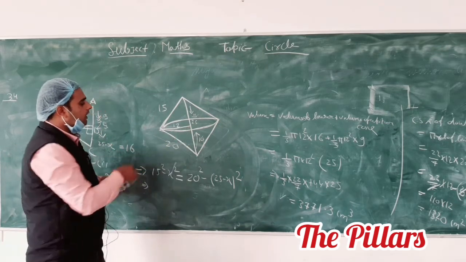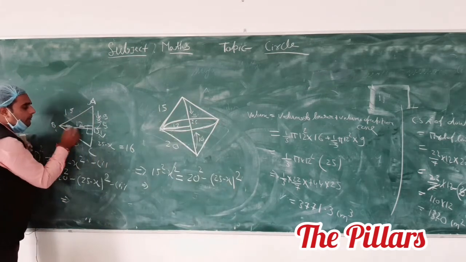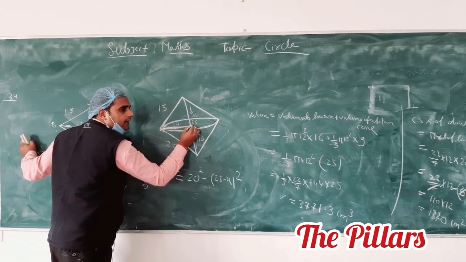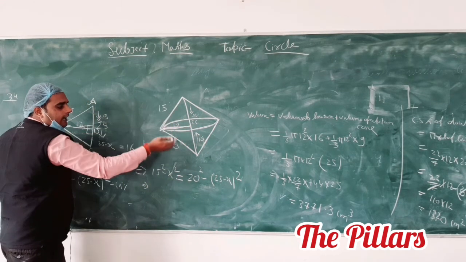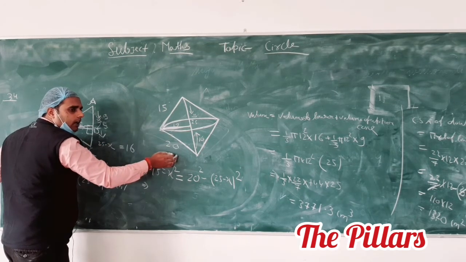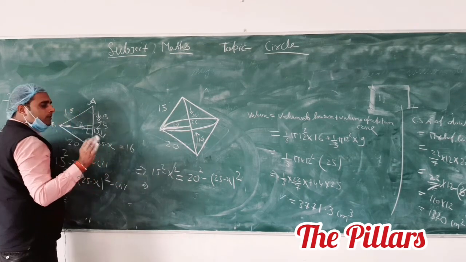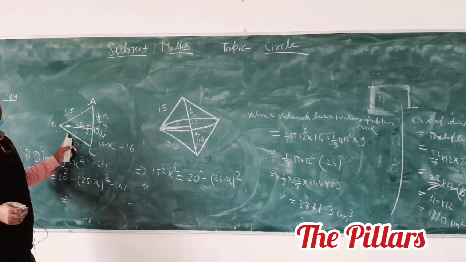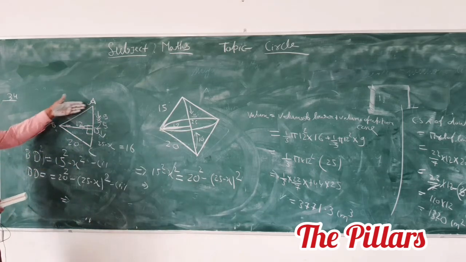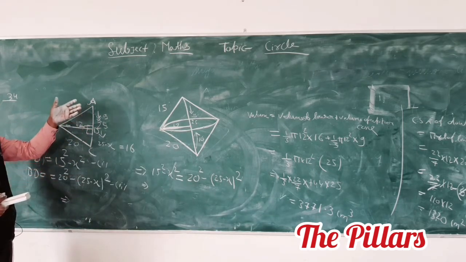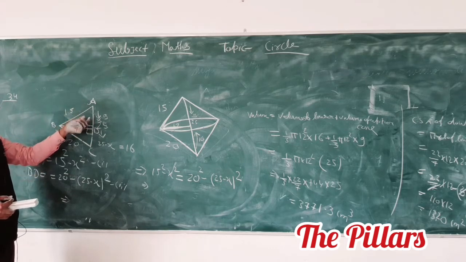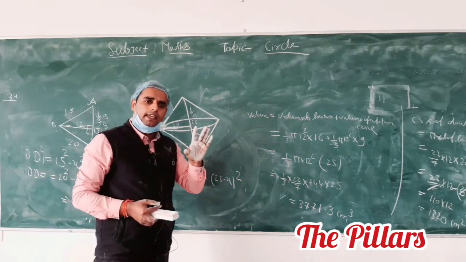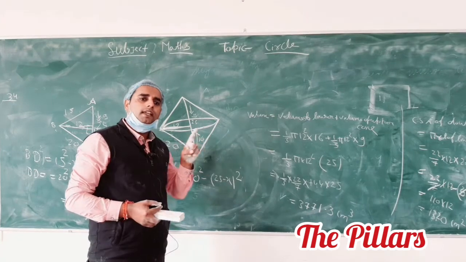If you draw BD perpendicular on AC, this BD is the radius, this 15 is the slant height of the upper cone, and this 20 is the slant height of the lower cone. Till here, does anyone have any problem? We have to calculate BD, and the value of BD is 12. You can apply it in triangle ABD, or you can use Heron's formula with area equals 1/2 base into height, or separately calculate the areas of these two triangles. There are three methods to calculate BD; apply any one and find BD. The value of BD is 12.